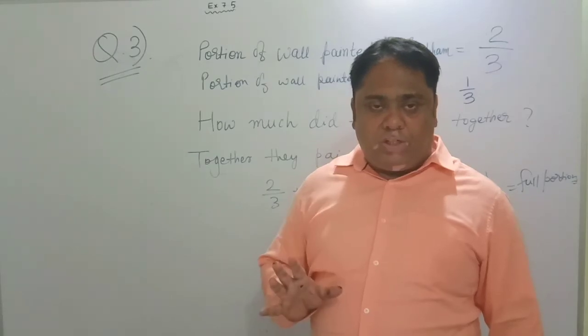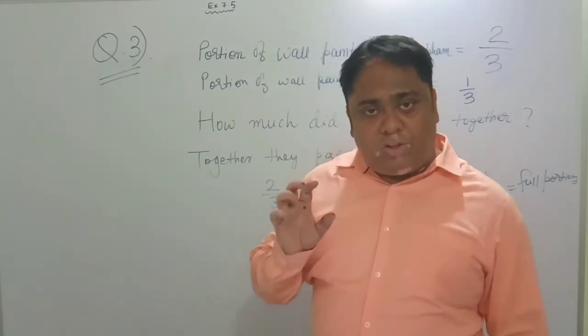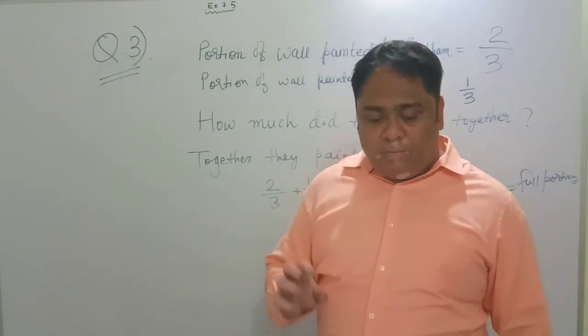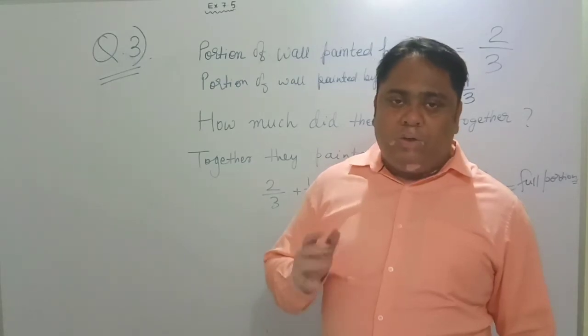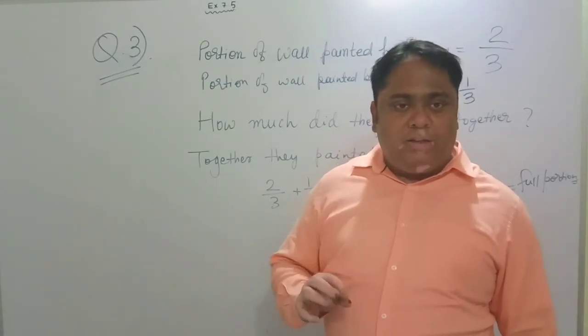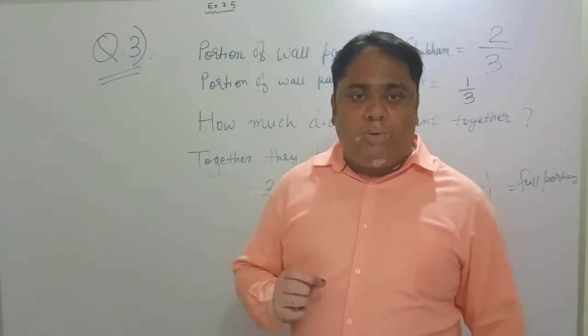There are 5 questions in the exercise. I completed 3/5 questions, means 3 questions out of 5 questions. 2 questions are left, 4 and 5. Who will do that? You can do that. If you don't do that, then who will do? Then I will do. When will I do? I will do tomorrow. Okay.